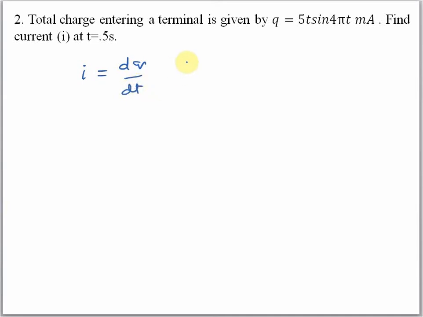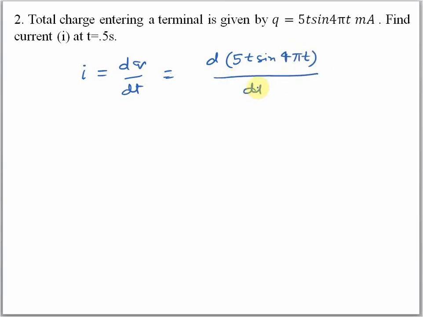Here q equals 5t sine 4 pi t, and time is 0.5 second. So first of all, we have to differentiate the charge, d of 5t sine 4 pi t